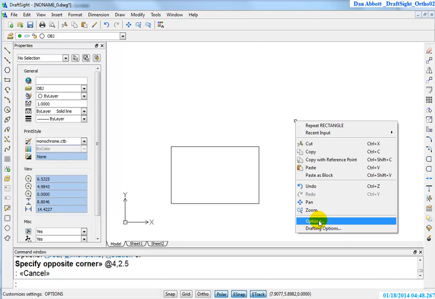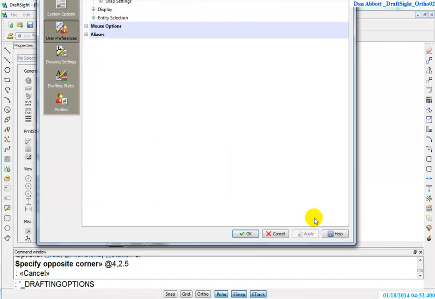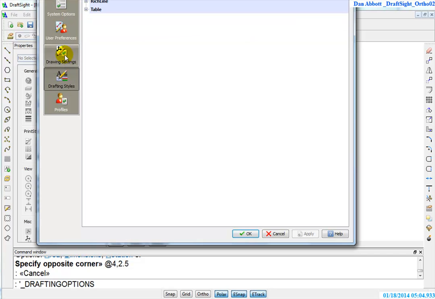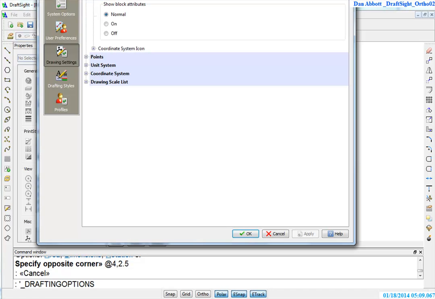If you want to be specific about the option you're looking for, go to Drafting Options. Drafting Options is not actually where we want to go. It's drawing settings or drafting styles. Let me see. It is drawing settings, display,